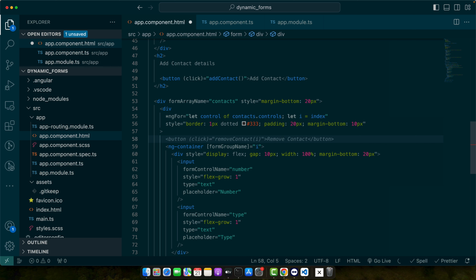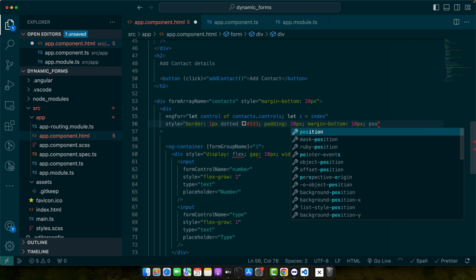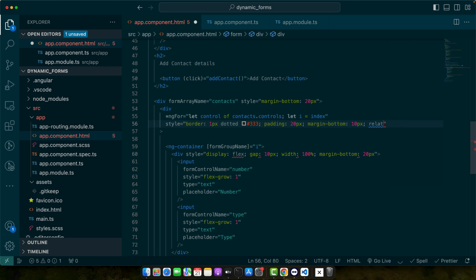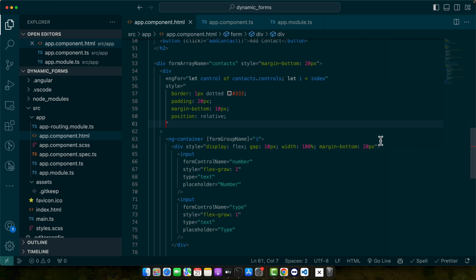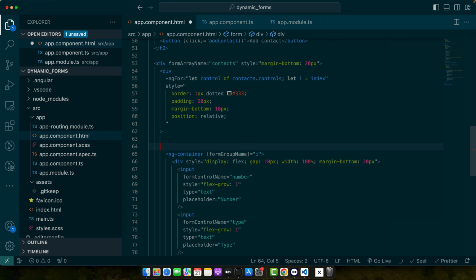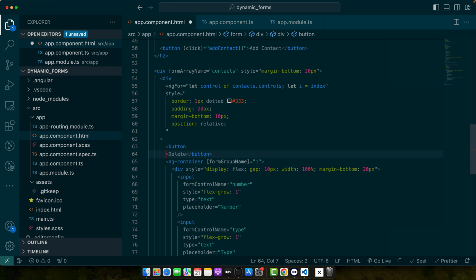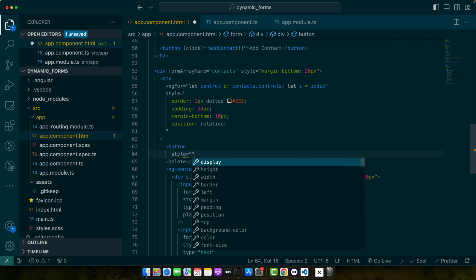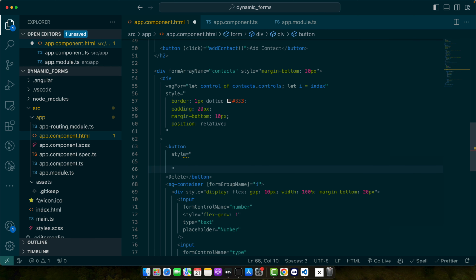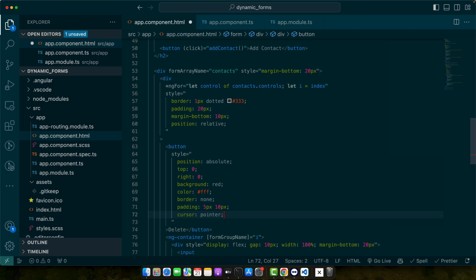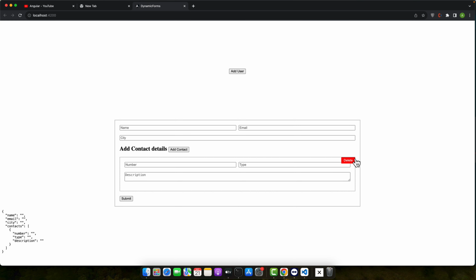So here, before that I need to add the position relative, and now here I will add a delete button, and I will style it to the top right side of this box. So I have position absolute, top 0, right 0, background red, color white, border none, padding this, and cursor pointer. So this is how it is going to look like, but still it is overlapping on the input,